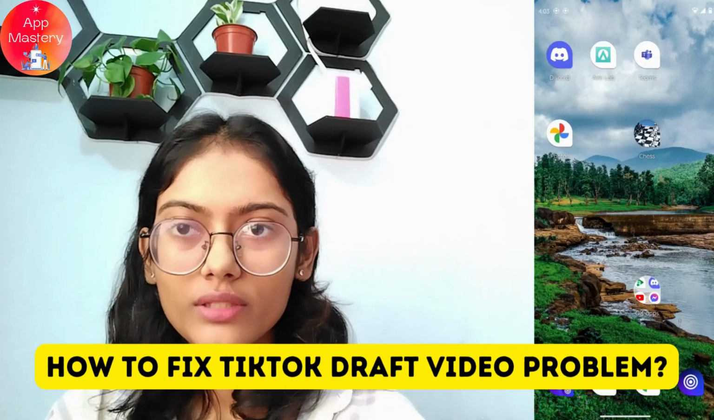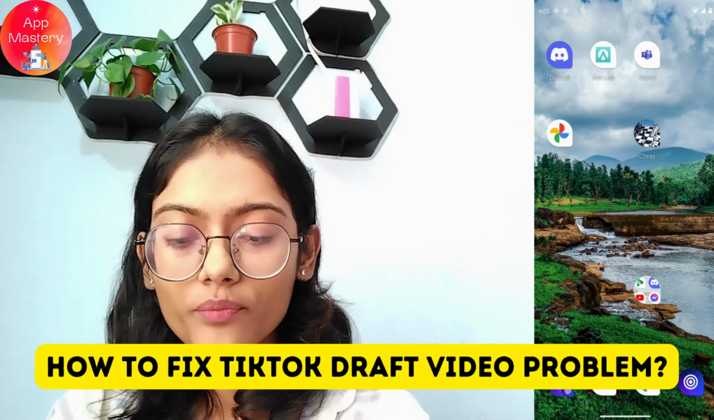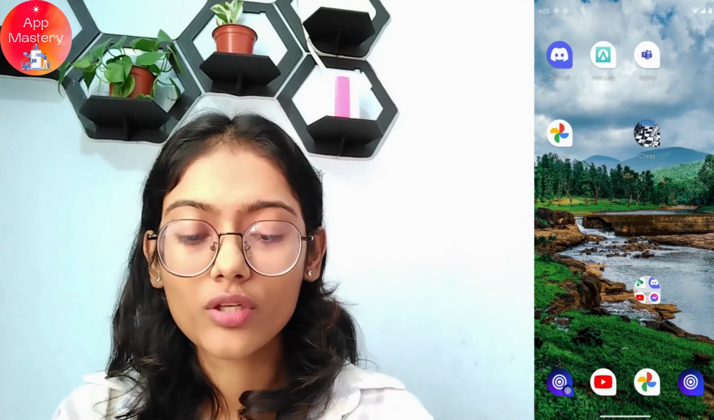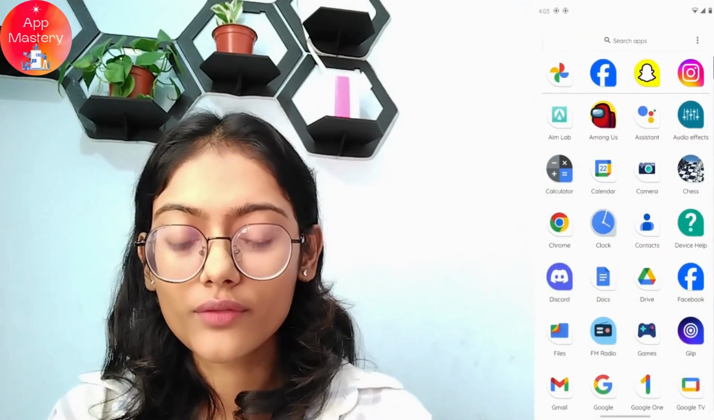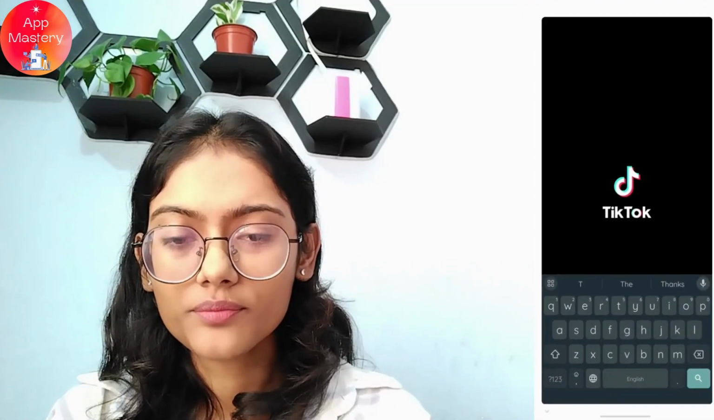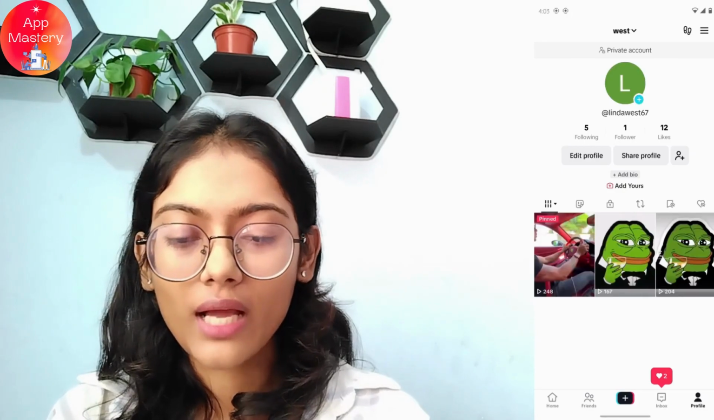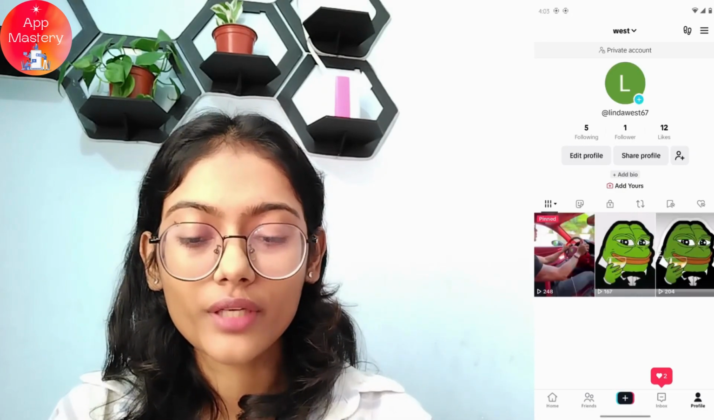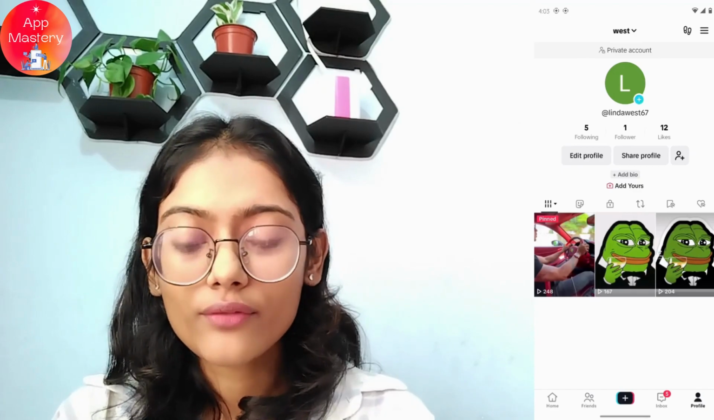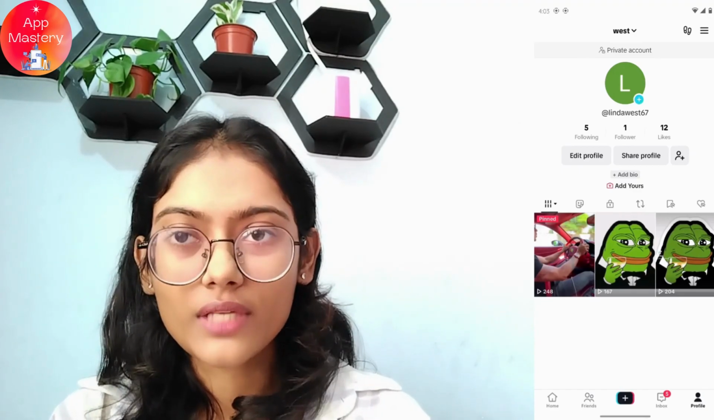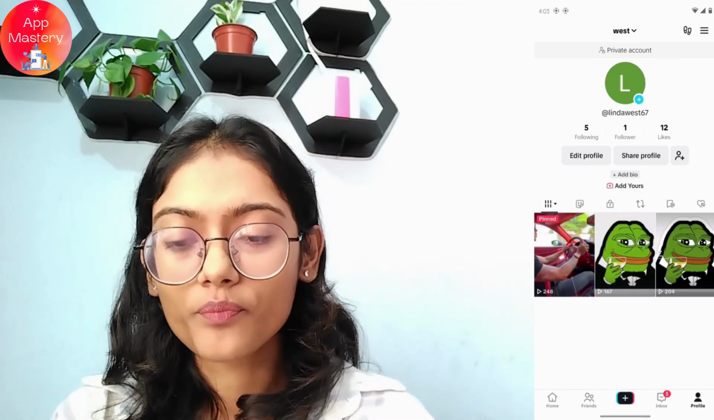How to fix TikTok draft video problem. So if you're facing a problem with your TikTok draft, open up your TikTok application and go to your profile, and here you will have your draft right on the left side, but for now I don't have any draft. So if you have your draft and those drafts are not being opened, then